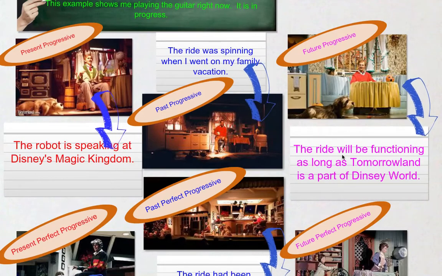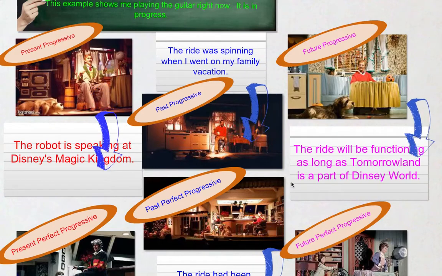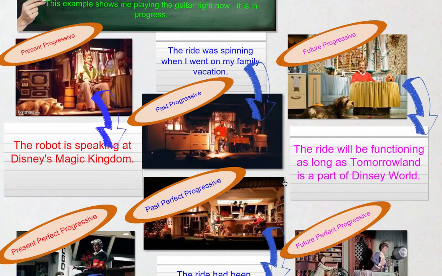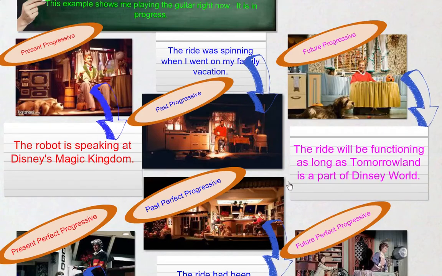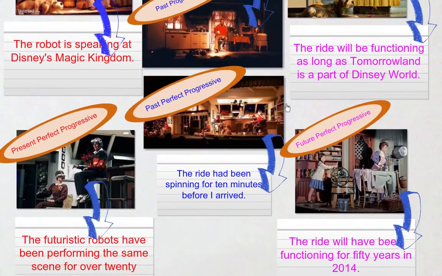You understand? So will be is going to be your helping verb for the future. Now, you might also have remembered the progressive tense that we just said, but also the perfect tense. Okay? Now, if you remember the perfect tense,